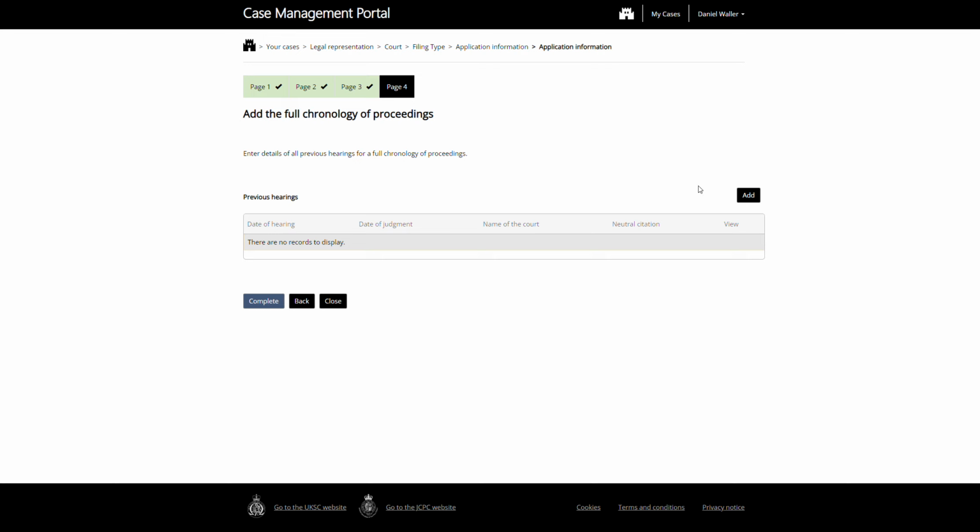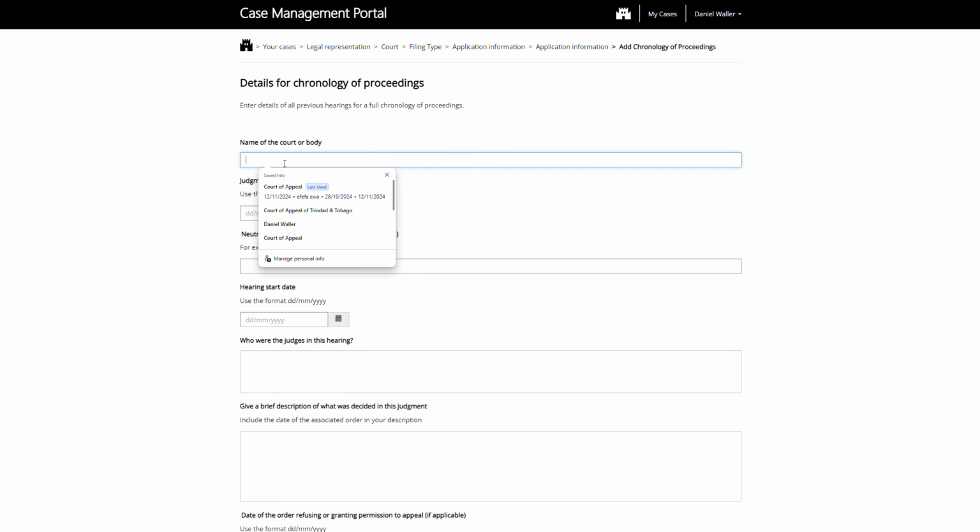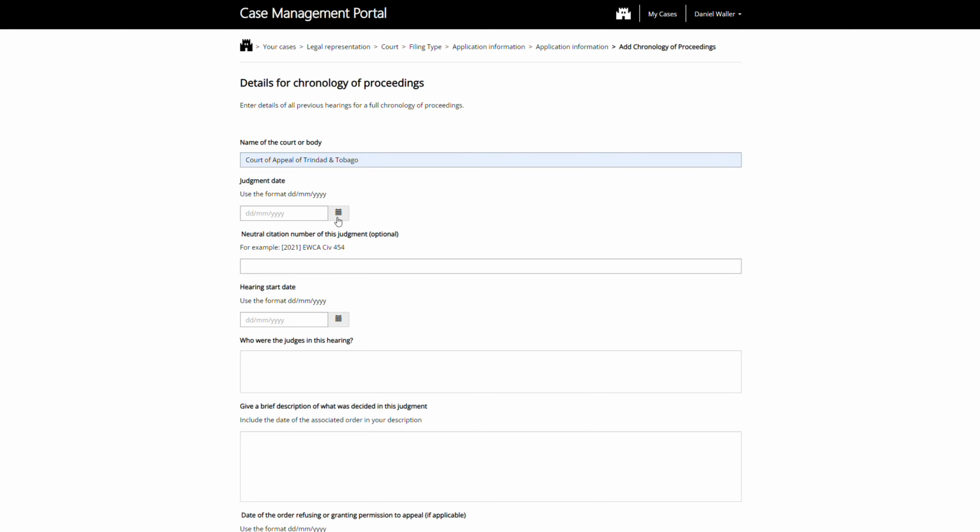The last page is a chronology of proceedings. Here, we would like you to add the details of the previous hearings in this matter. So, for this example, Court of Appeal Trinidad and Tobago, we said the judgment date was the 12th. Put a neutral citation in. The hearing started on the 28th based on the information we put in before. I recall I put Judge 1,